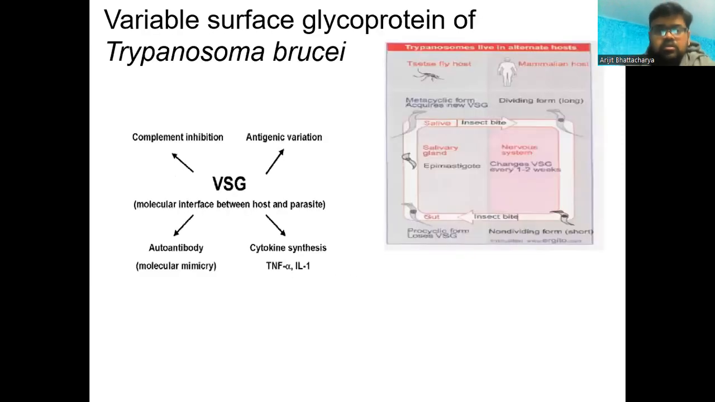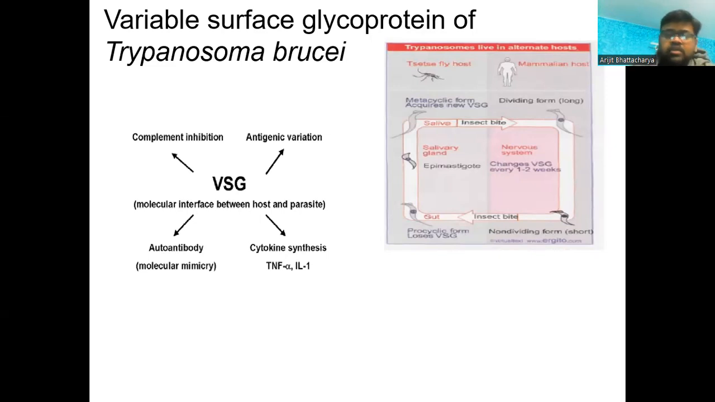So let us start with Trypanosoma brucei, the parasite that causes sleeping sickness. This is one of the major concerns in terms of parasitic diseases after malaria and leishmania. This parasite causes African trypanosomiasis, also known as sleeping sickness, and it is a vector-borne disease. It is transmitted by tsetse flies,